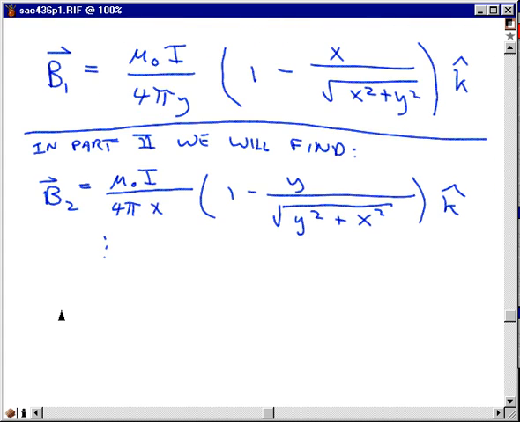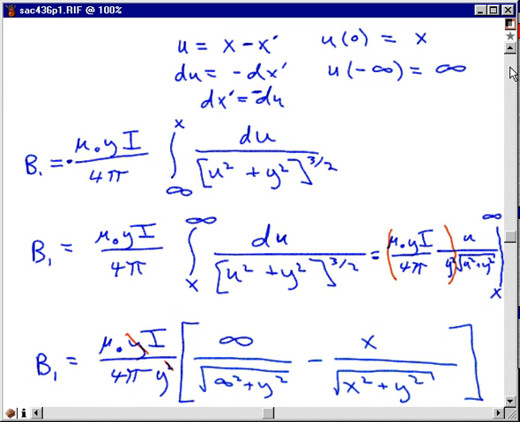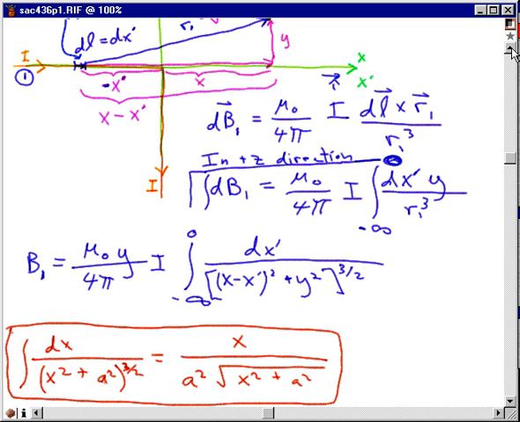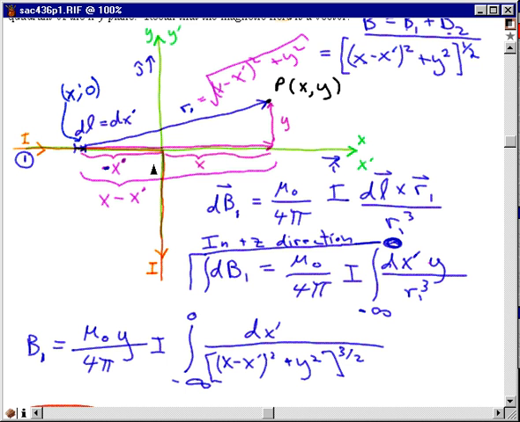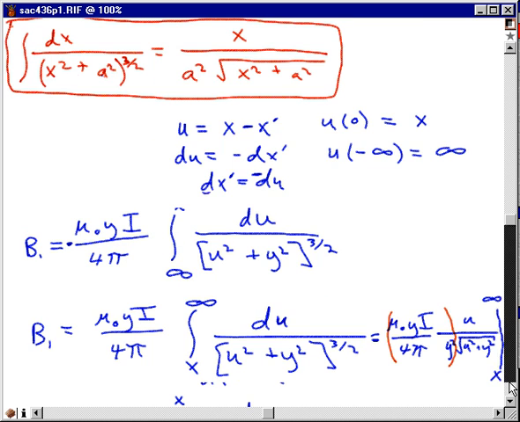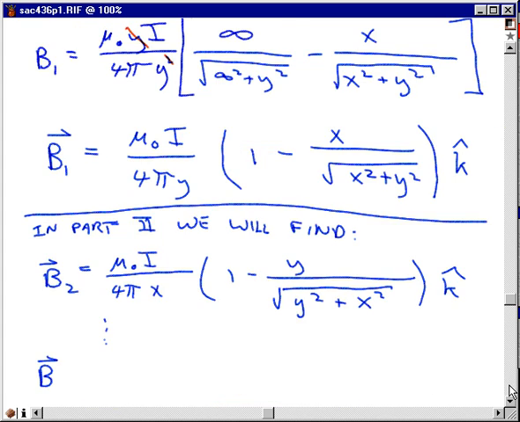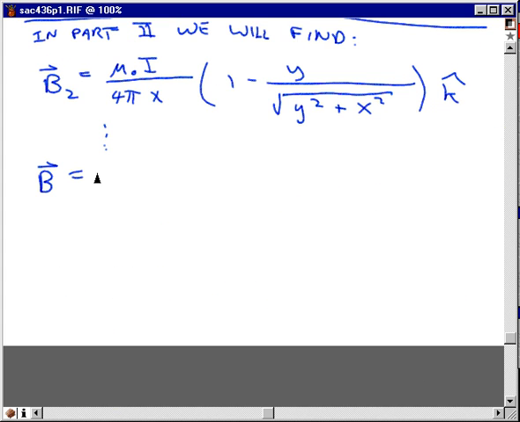And if we put those two together, the total B. So B2 is, of course, the magnetic field at point P, the contribution to the magnetic field at point P due to this vertical wire segment in which the current travels in the minus y direction. The total B will just be B1 plus B2,